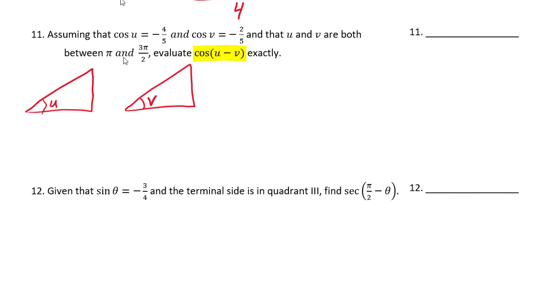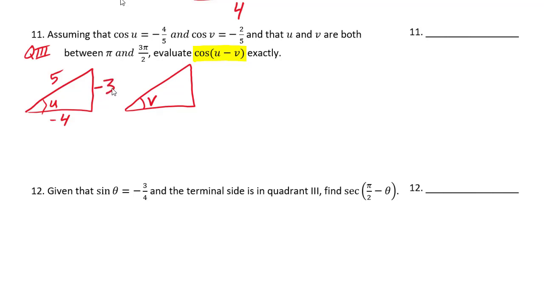So it does say specifically that both of these are between pi and 3 pi halves, so that would be quadrant 3, or the bottom left side of the unit circle. And so that means I know that my horizontal and my verticals both are going to have negative signs. Remember, the diagonal or the hypotenuse of each of these is always going to be a positive value. So from the first ratio, it says cosine of u is negative 4/5. I know that the horizontal or the adjacent side must be negative 4. Hypotenuse is 5, and that's a 3/4/5, so I know that I get a 3 on the other side. But again, it's in the third quadrant, so it's got to be below the x-axis. On my vertical edge here, I'm going to go ahead and make that a little bit more obvious, is a negative